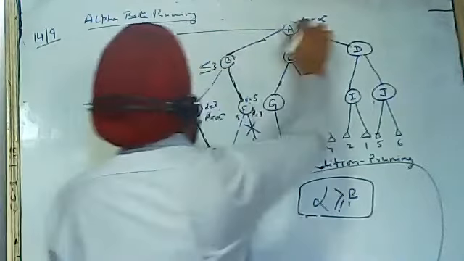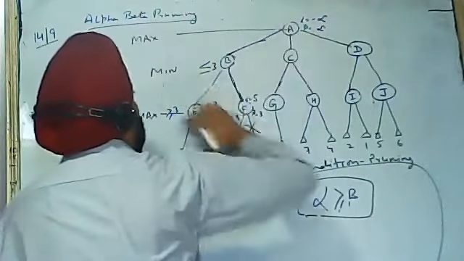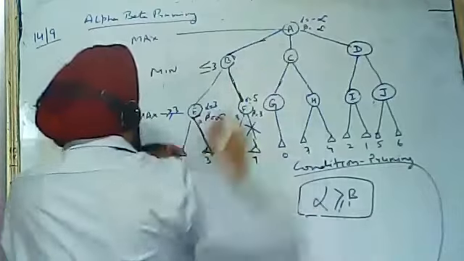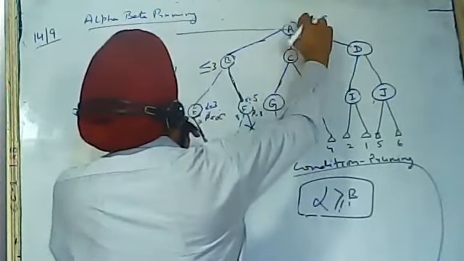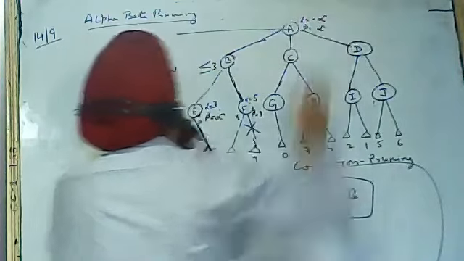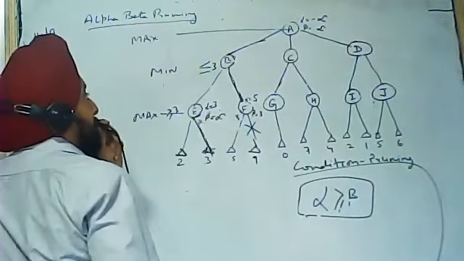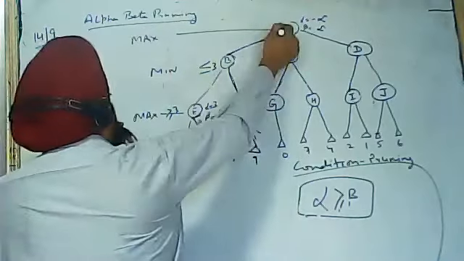Now it is the max turn. We have to come to this node, then according to depth first search, we have to go there. So it is the max turn. Alpha will be changed. Alpha's value is minus infinity. So if it comes to this branch,